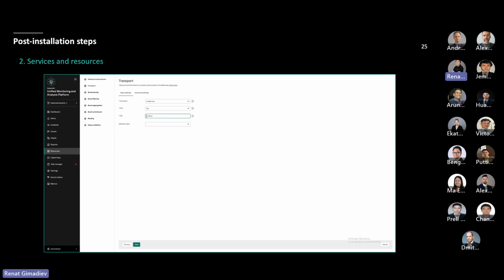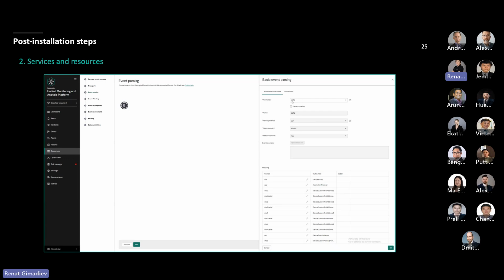In case you have just an all-in-one structure, you don't need to specify the full FQDN. You might use just the port. In all other cases, you have to specify the FQDN of the collector machine. Then you specify the parser method, the normalizer. It might be related to the parser procedure, and this information